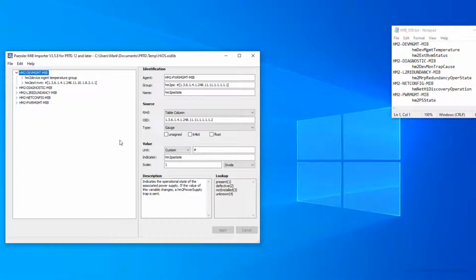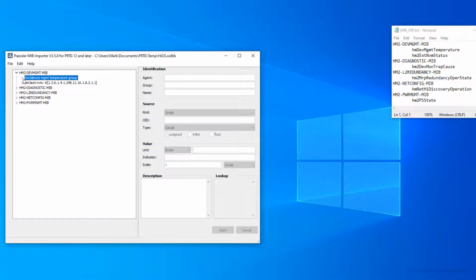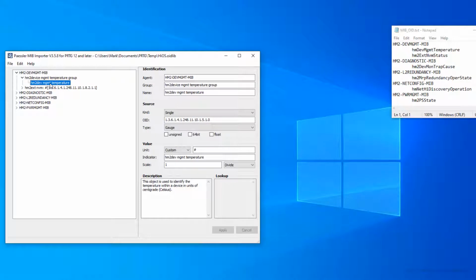I want to edit these fields to make sure that the information is correctly identified when it's imported into PRTG. In the case of temperature, I also want to customize the unit.